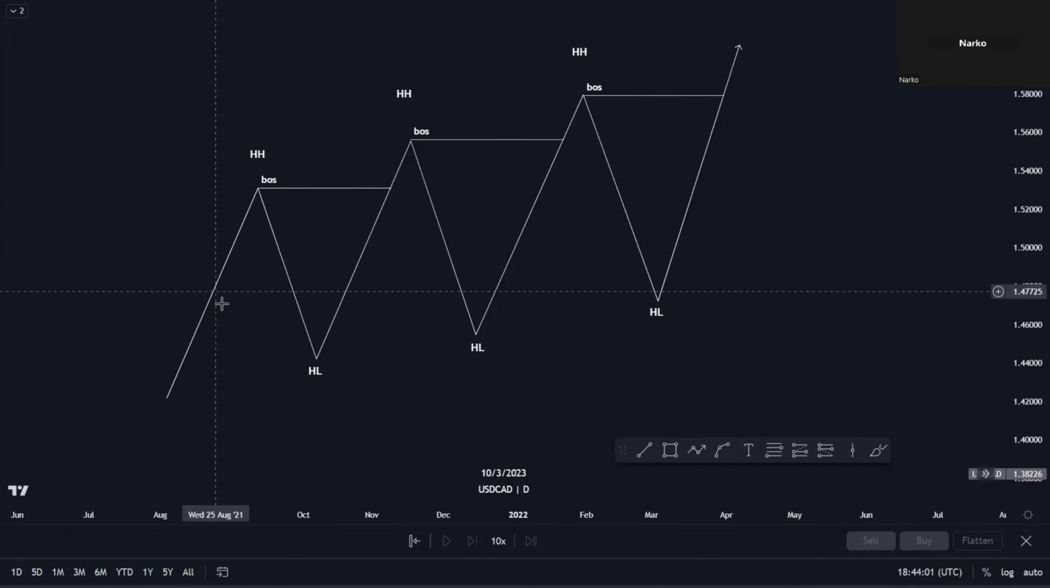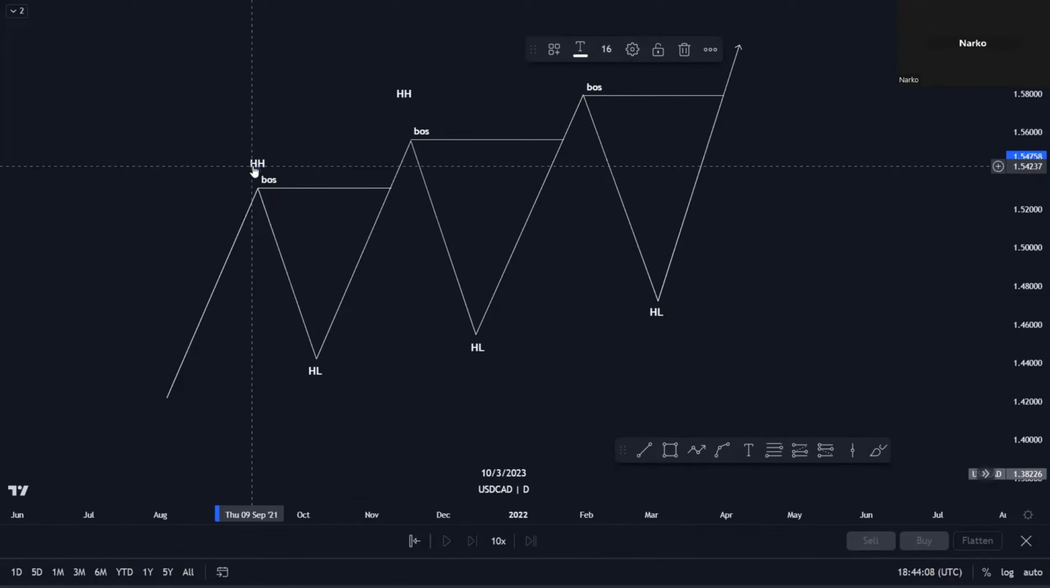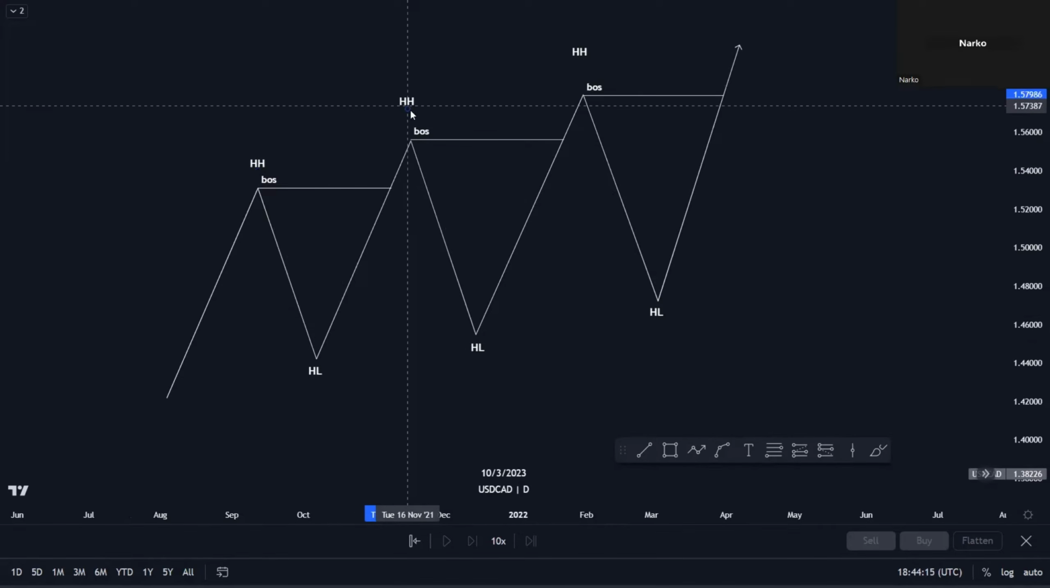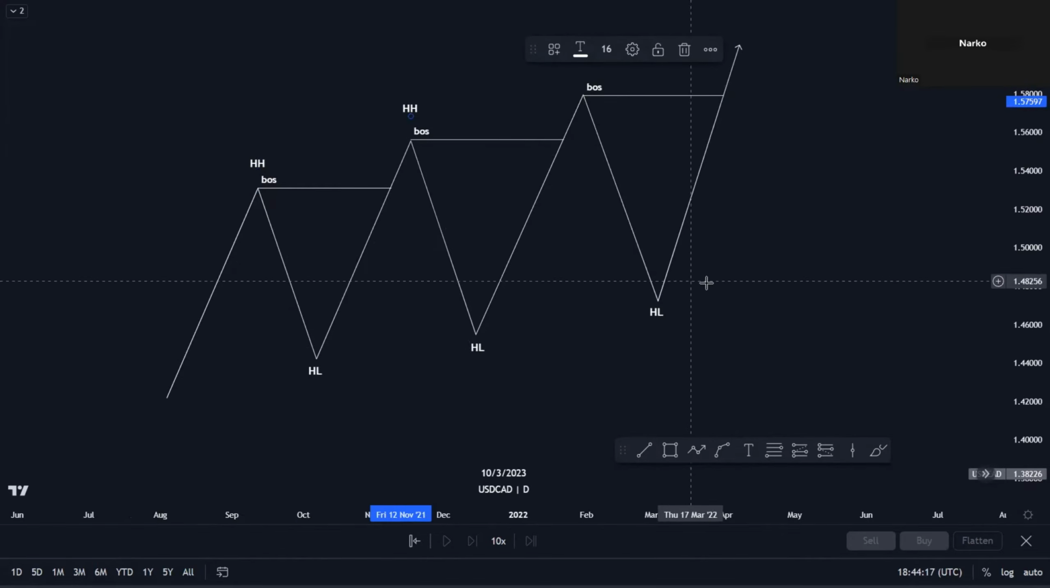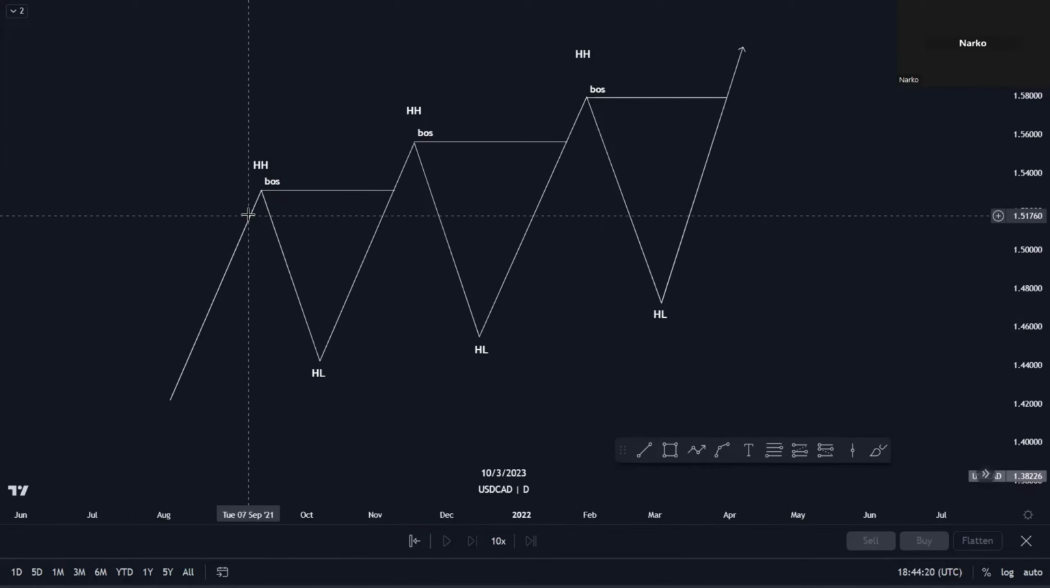Okay, so the recap is that in a bullish trend we're looking to respect our higher lows and violate our higher highs, respect our higher lows, violate our higher highs. And then a break of structure is only valid when a candle body stick